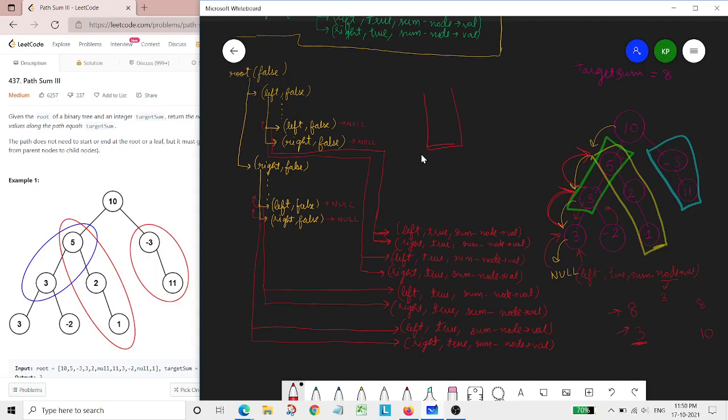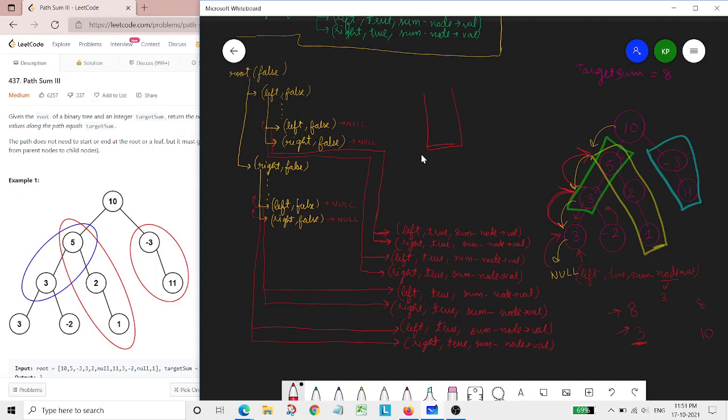But in the worst case, if our tree becomes a skew tree, that particular sum comes out to be using the whole tree. So at that moment, we are required to put all the nodes which make up our tree in the stack. So our stack would have all the n nodes.